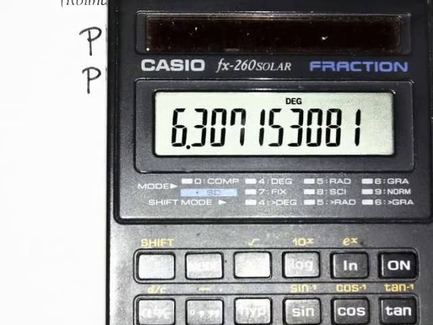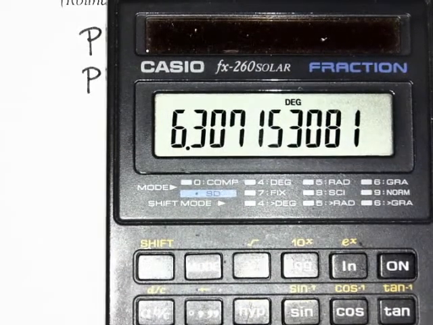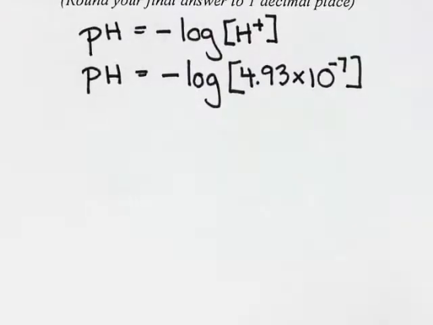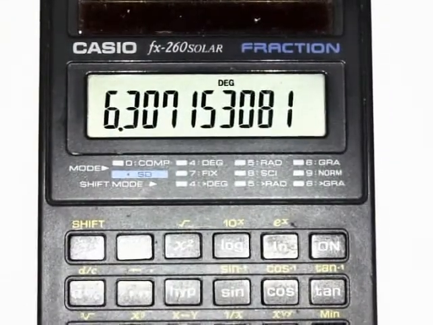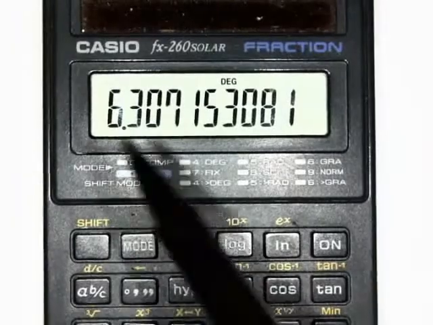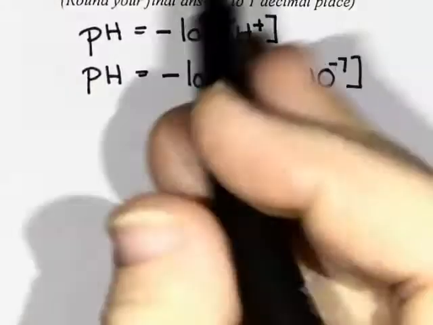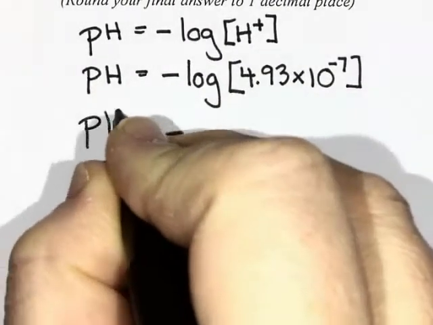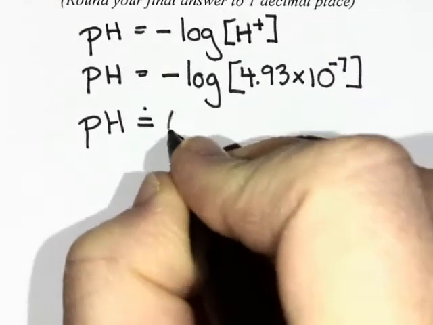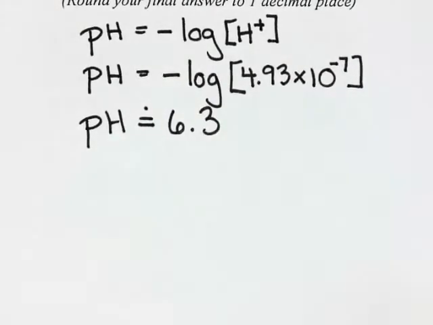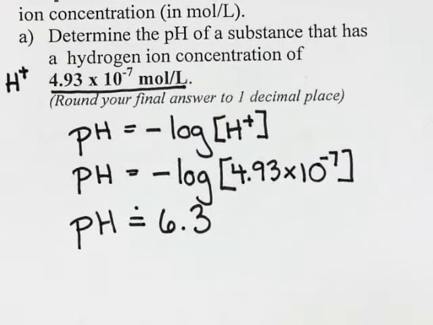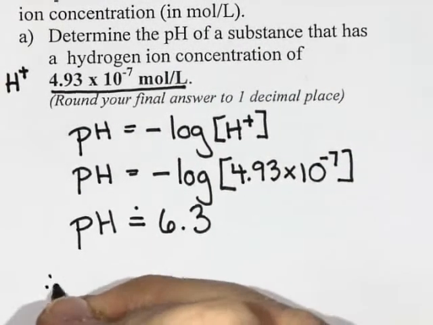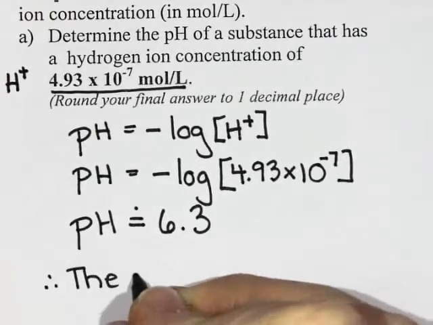So I ended up with 6.307153081. So it asks me to round to 1 decimal place. Usually when we're doing pH, we do 1 decimal place. So that would be 6.3. So the pH is approximately 6.3. And then because this is an application question, you should write a sentence at the end. So I'm going to say, therefore, the pH is